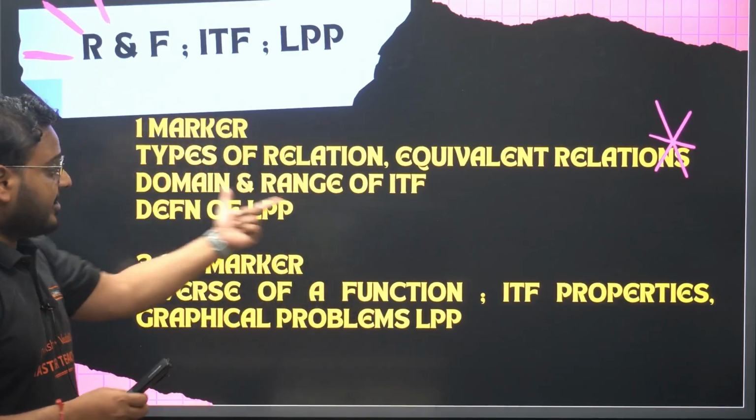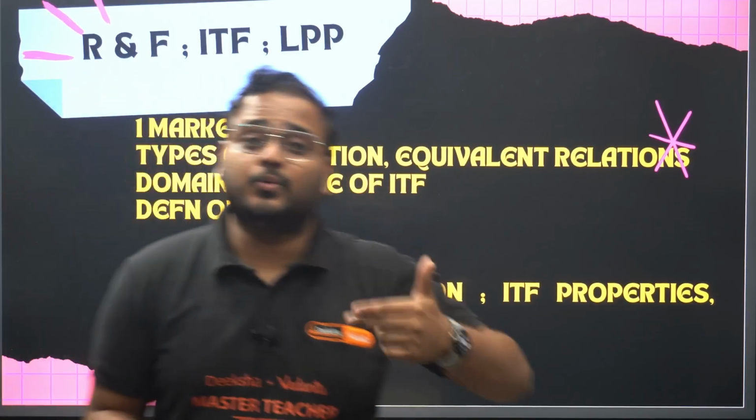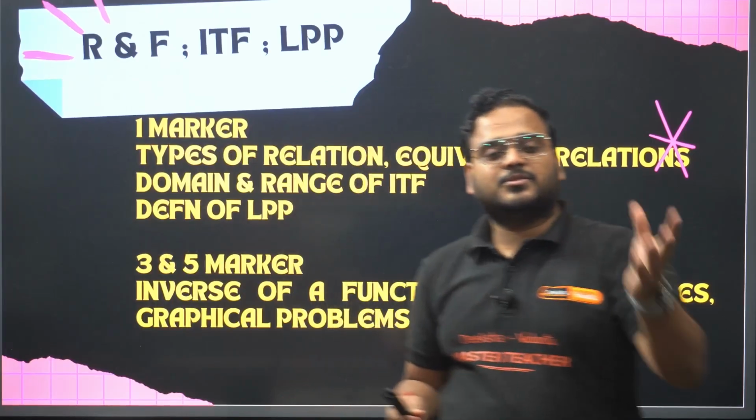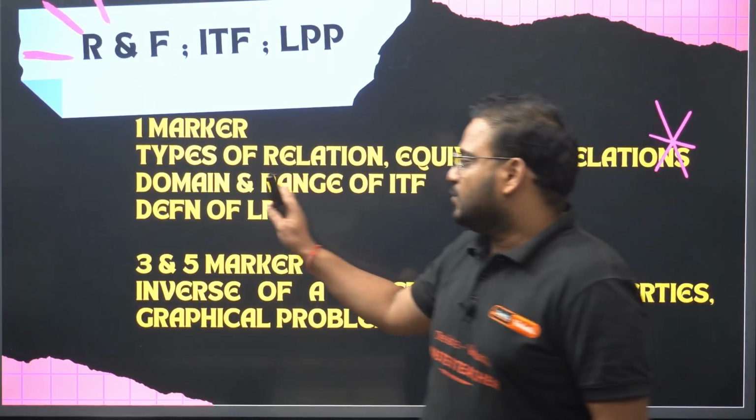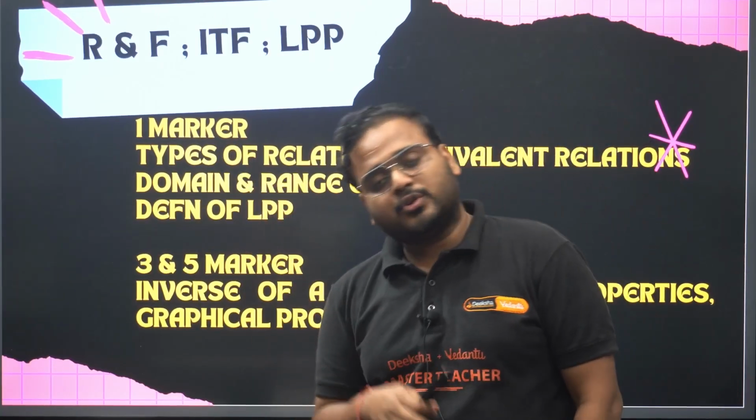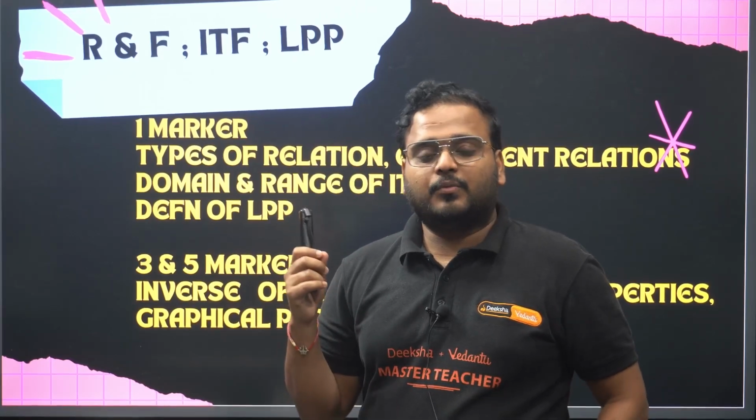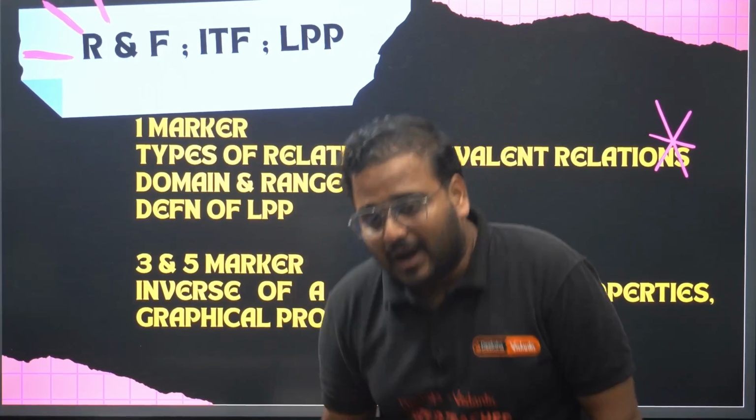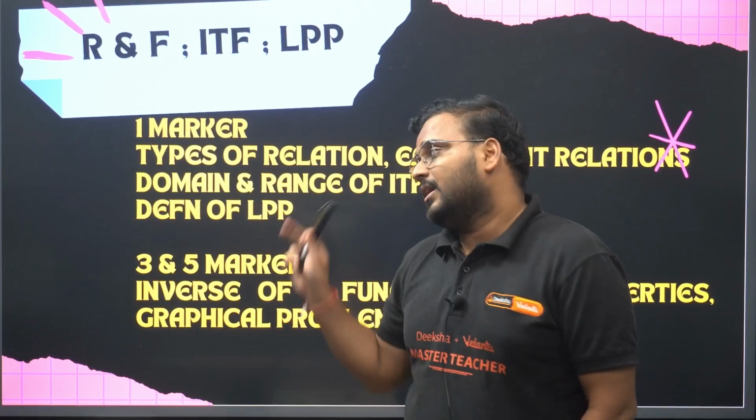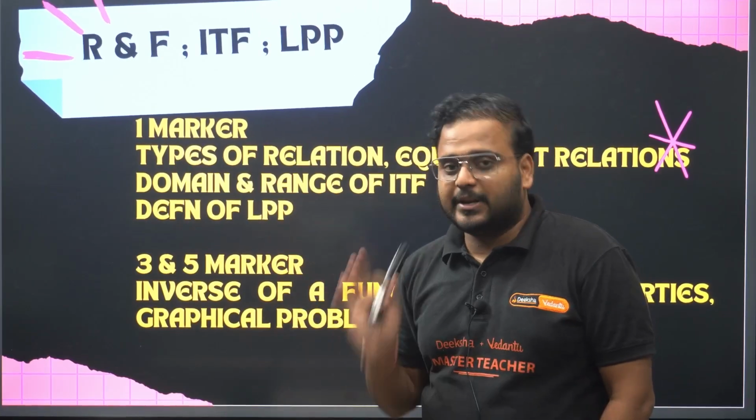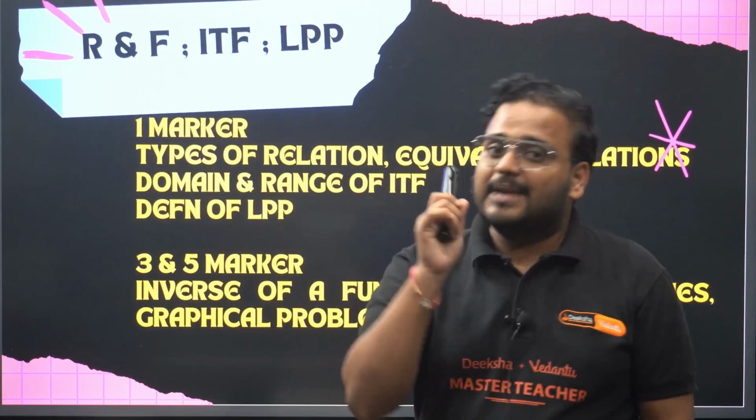Then comes the domain and range problem of ITF. They directly ask you the domain of sine inverse, cosec inverse, like that. Okay, so for all 6 ITFs, both domain and range should be by heart. I know this is a very wrong thing to ask from you, but you have to learn by heart the domain and range of ITF. I have explained it to you very clearly with the help of diagrams as well,